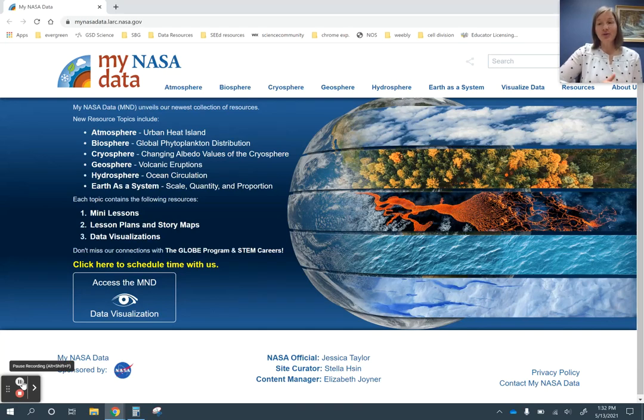Right. I have another tool from my NASA data that I want to share today. This is a tool for getting data sets together for students. For some subjects, it takes a long time to find the data that you need and get it together. And this tool will hopefully save you some time with that for data that students are using both during classroom